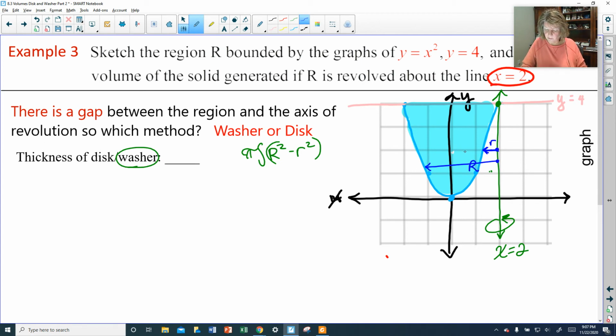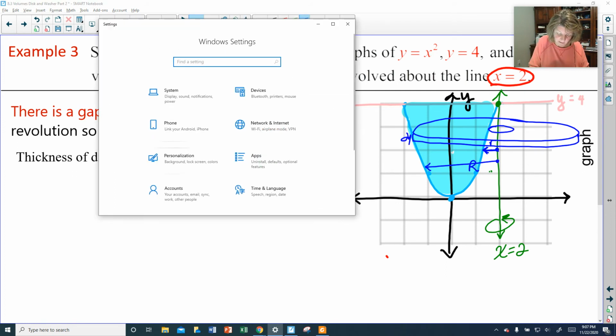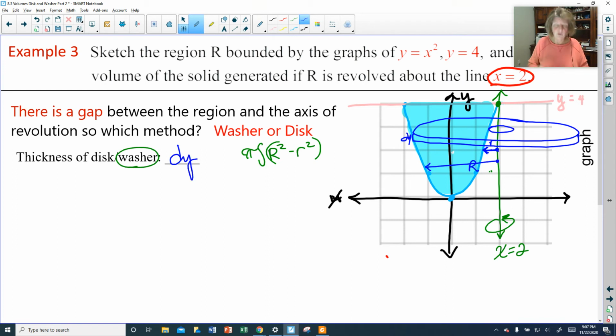Now, I can see that with this rotation, we would have this void area, and then I'd have this large outer washer there, wouldn't I? And if I drew in that representative washer that would get stacked, we can see that the thickness of our washer is a dy thickness. So this is going to be worked in y's, which means I need to convert my equation. Y equals, so let's do a conversion. We had y equals x squared,